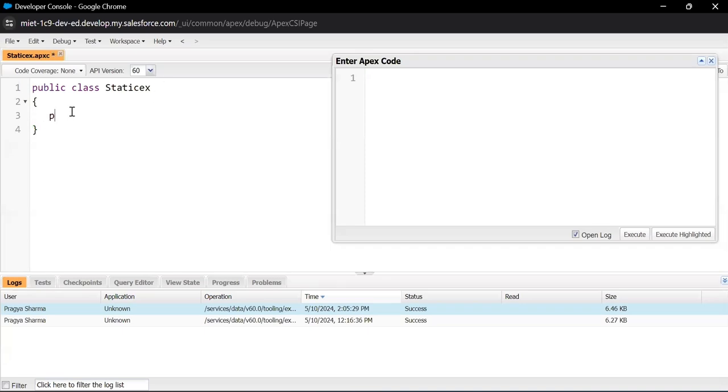So now we will create a method like public static void method 1, system.debug, I am a static method,